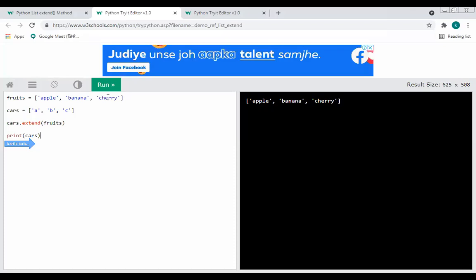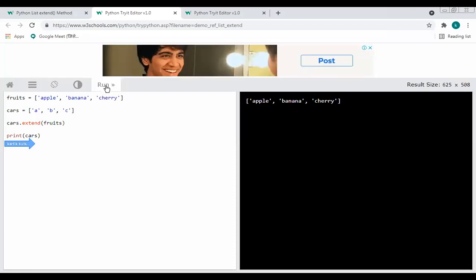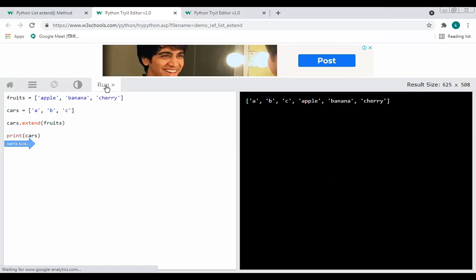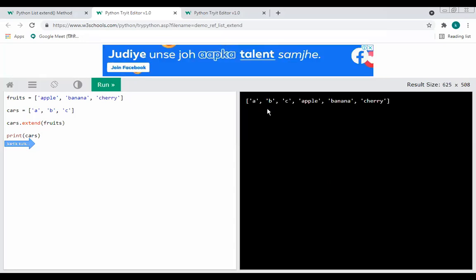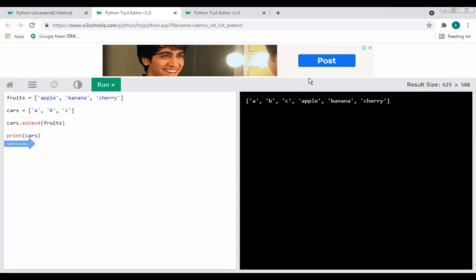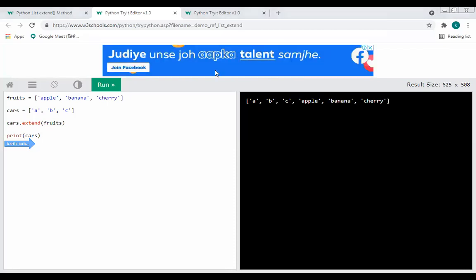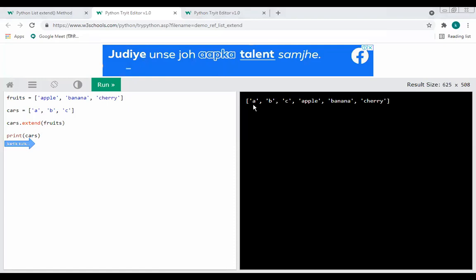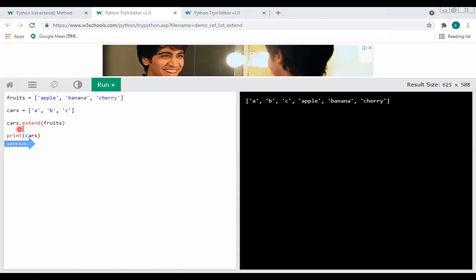Now let us check this one here. Now we will be getting the list which has been extended. You can clearly notice in this output that first of all we got the elements present in the cars list.